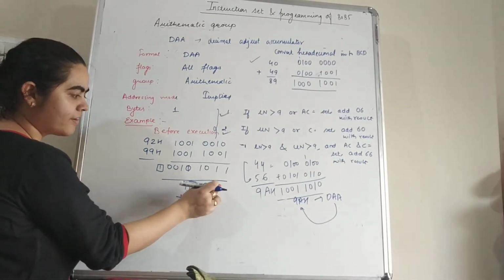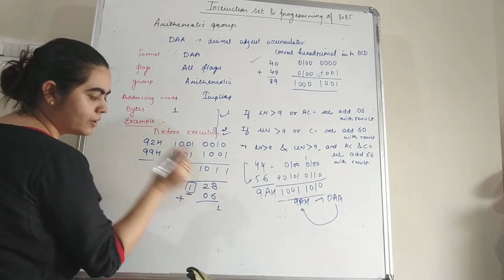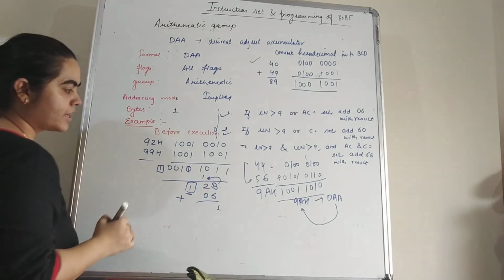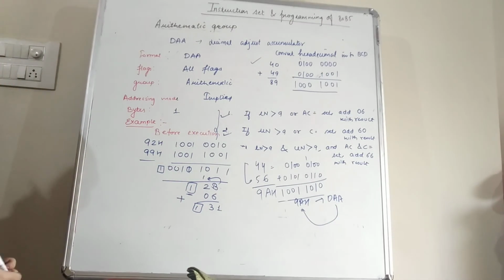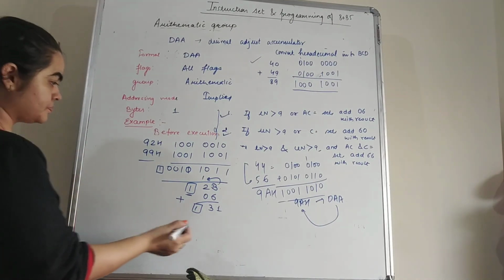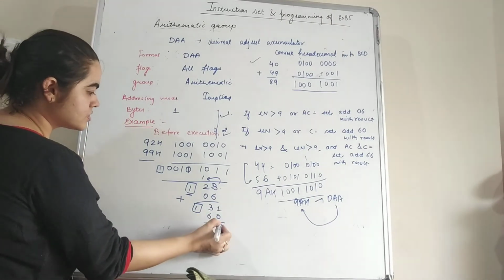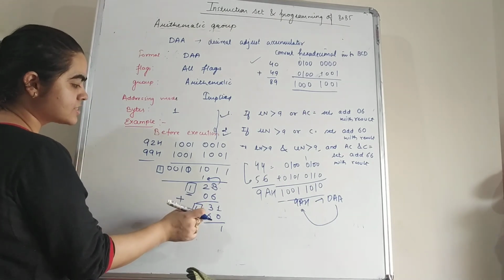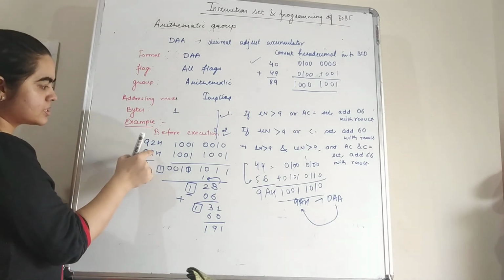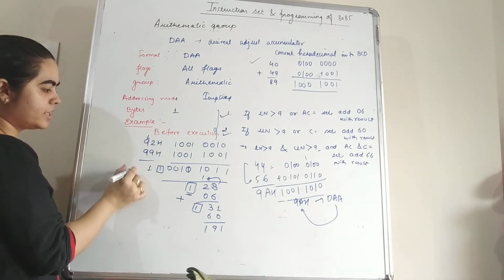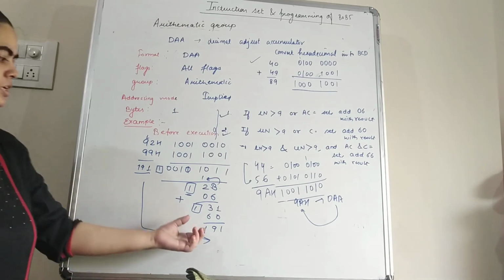So B is having 11. So 11 plus 6 is 17. So if you subtract 16 from 17, then 1 here and 1 you can take as a carry. So 2 plus 1 is 3 and 1 is carry. Now students, after this you have to add 60 with the result. So here 1 and 0 is 1. 6 and 3 is 6, 7, 8, 9, and 1 is the carry. So if you add these numbers 9, 10, 11, 1 is here and 1 is here, 18 and 19. So the result is 191, and that is present here.